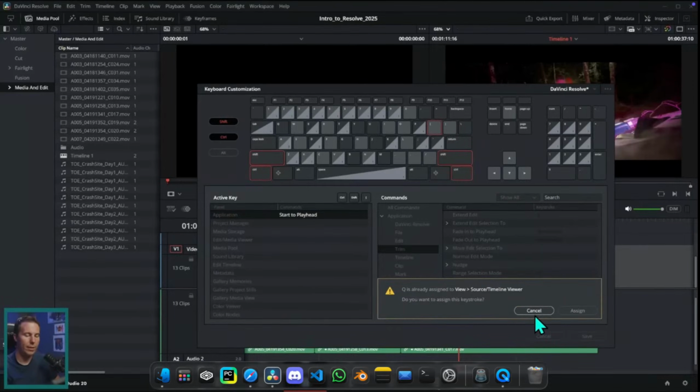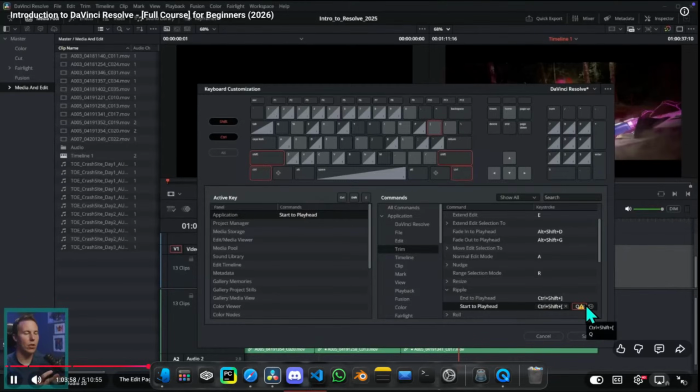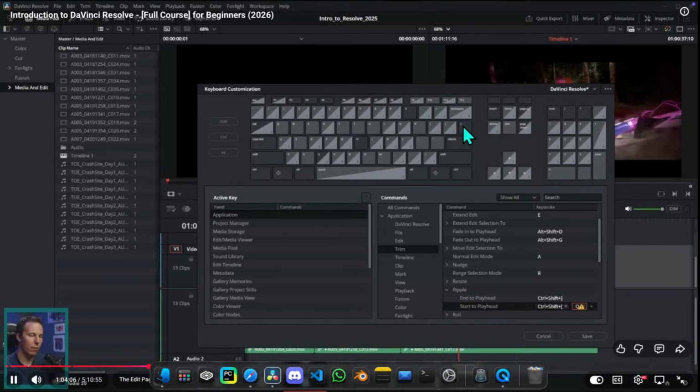Great. Now, it's going to come up and say, Q is already assigned to something, which is fine with me because I'm never going to use this View Source Timeline Viewer. You might use it, but I'm not going to. So whatever you assign to it, it's going to tell you if that's already a keyboard shortcut. So I'm just going to say Assign. Now, it gives you a little warning here. The reason there's a warning is because neither of these keyboard shortcuts are going to work anymore because one keyboard shortcut is assigned to two things, which you would think it would just do both things, but it actually does neither. So I'm going to go out of here, go back to my just vanilla keyboard here and click on